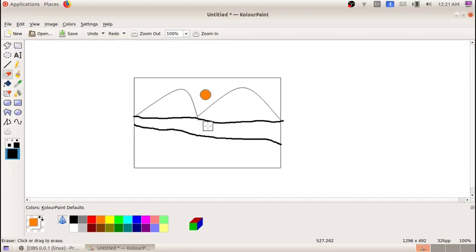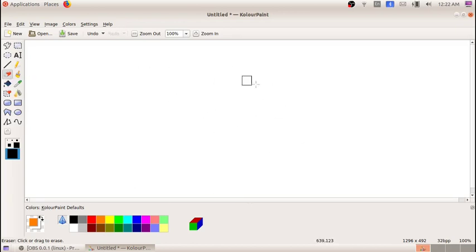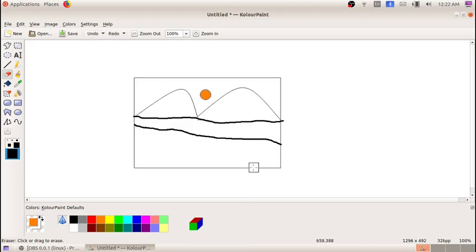So I hope you have understood about the eraser tool. Now if you double click on this eraser tool, what will happen? All the picture drawn in the canvas will be erased. I repeat, if you double click on the eraser tool, what will happen? All the picture drawn in the canvas will be erased. So I am going to double click now. Yes, all the things drawn in the canvas are erased. That's it. So these are all about the eraser tool.